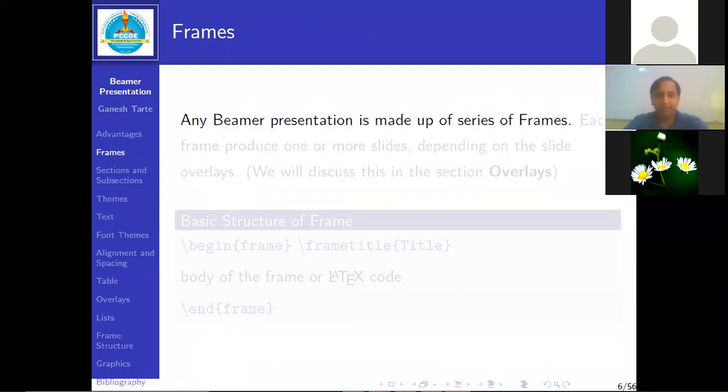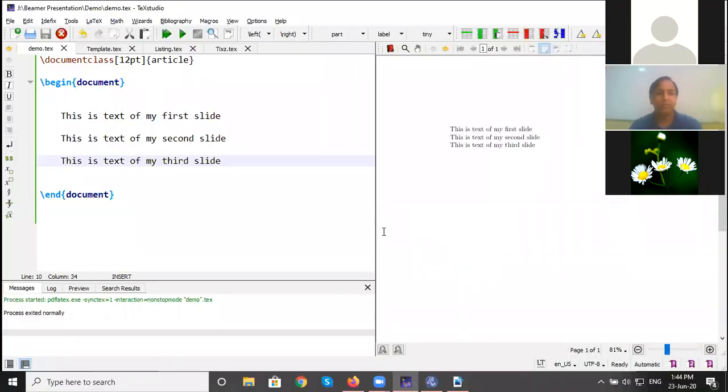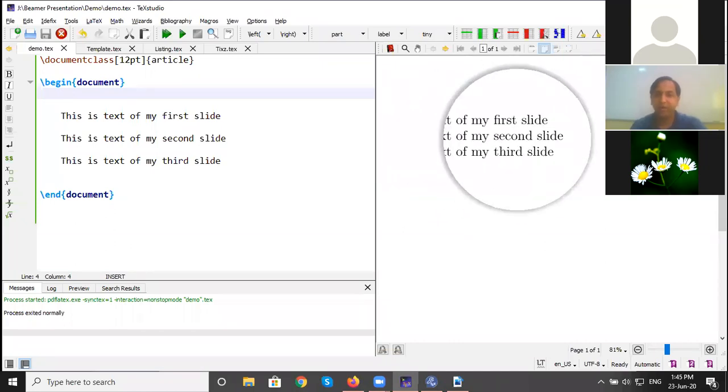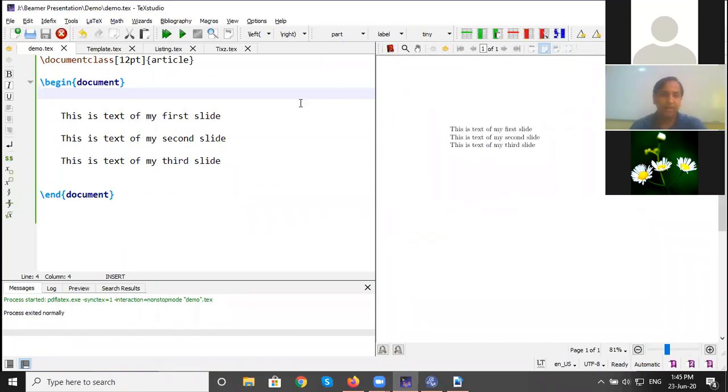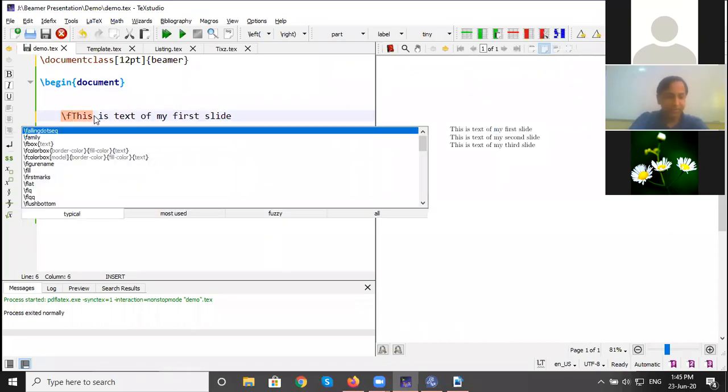So let's begin with Beamer. Any Beamer presentation is made up of a series of slides. Let me demonstrate this. For example, we have this article class. We select the font size at 12 point, and its output is this one. It looks like an A4 page in which we have all the text. Now I want to convert this article into the form of a presentation. So one by one, we use commands here and convert this article into Beamer. At the very beginning, we use beamer as the class, and then a Beamer presentation is a series of frames. So we add frames here.